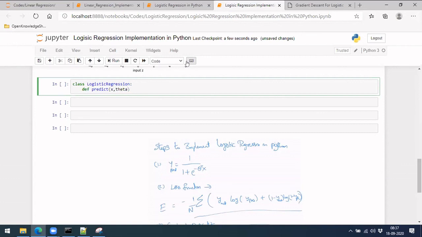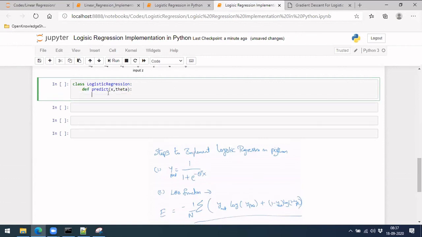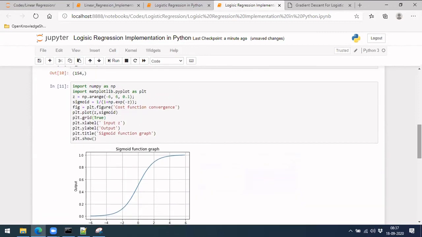So these two I'm using. What will y prediction be? y prediction will be equal to 1 by 1 plus e power minus something, right? 1 divided by 1 plus, in math there is exponential we can use, and even NumPy has that. np.exp is like e power minus this one.